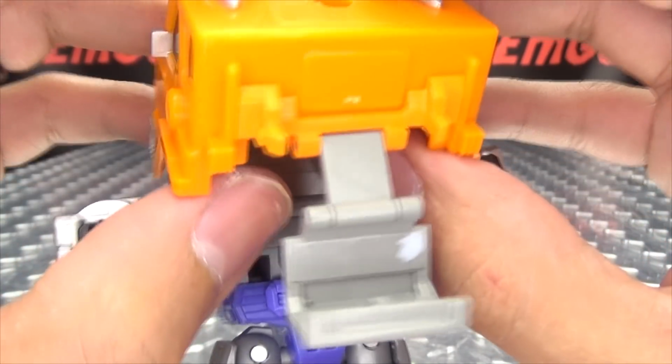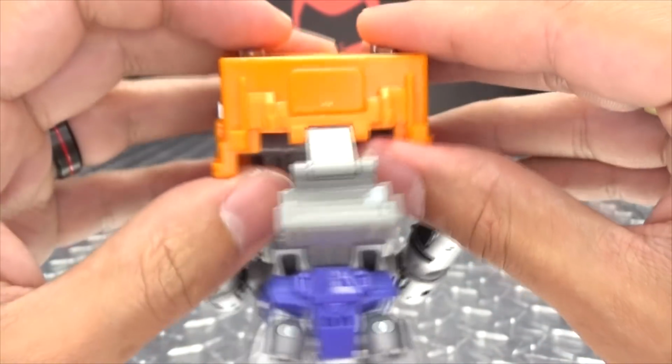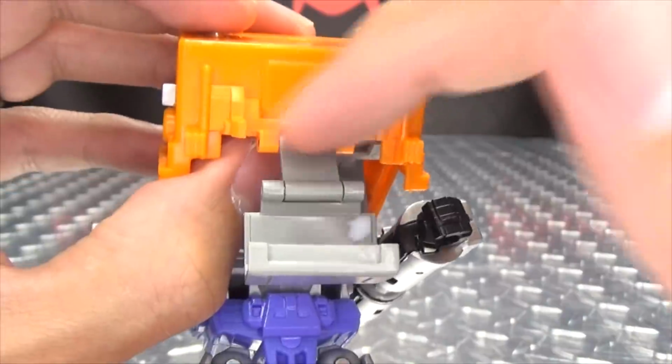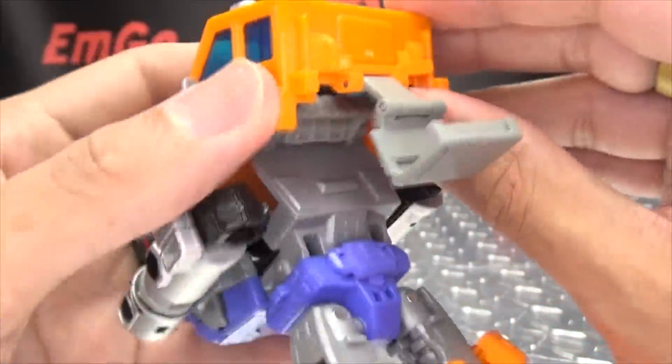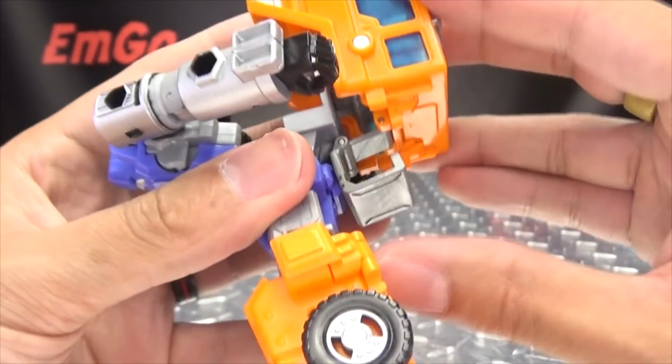And there you go. And that sits right there just like that. Again, blends in pretty nicely. Again, the color matching is not dead on. A little bit lighter, but not too bad. And then we can just straighten all this out, and this will just kind of tuck in